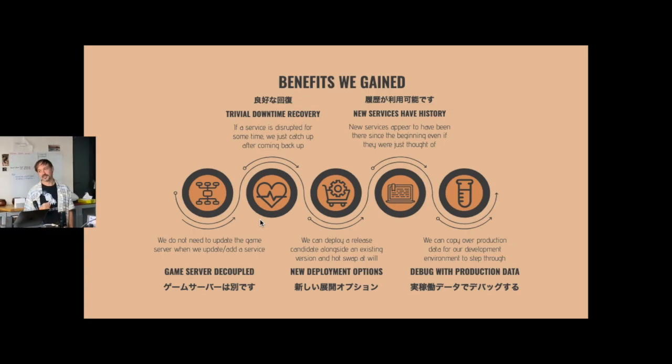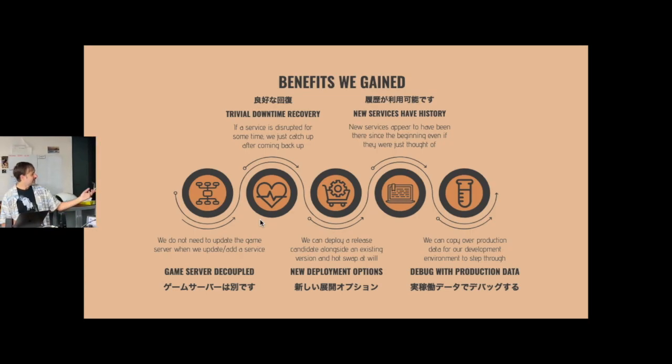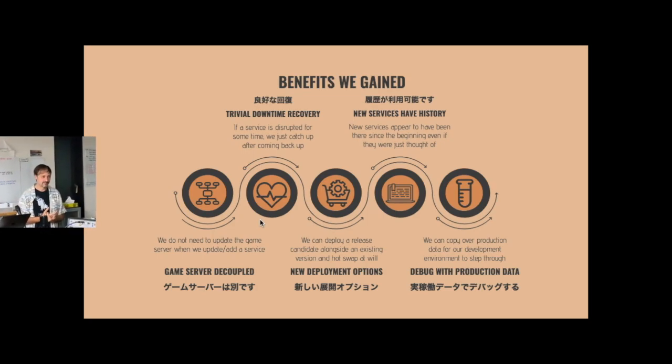New services have history. Again, user profile comes up. I can read back and generate all the data that I want, and people are suddenly seeing all this cool new stuff, like, oh yeah, I played on this map so much last month, haha. And you can actually debug with production data now. I can just copy a good chunk of my event log and run it through stuff that I'm working on locally as much as I want. And I know that when it hits production, same data.